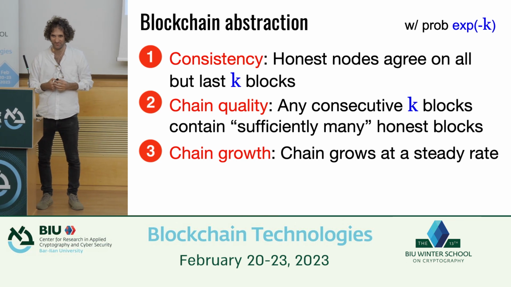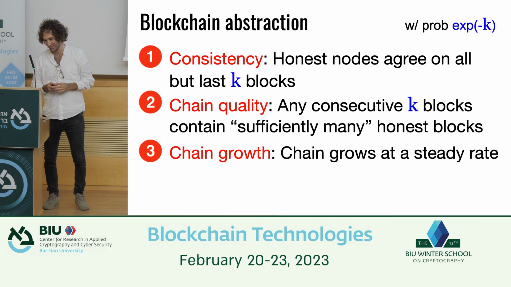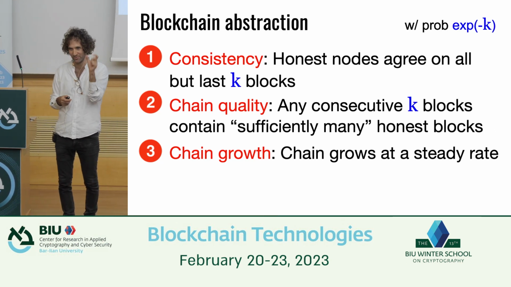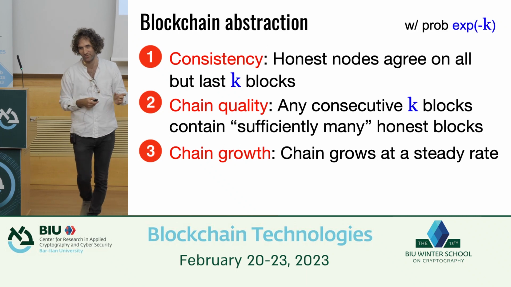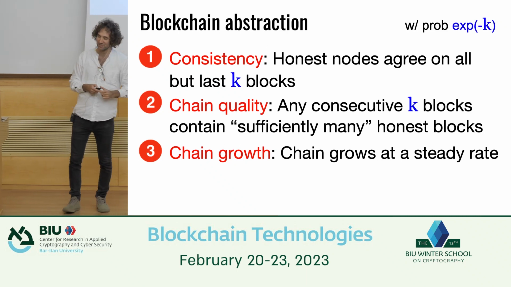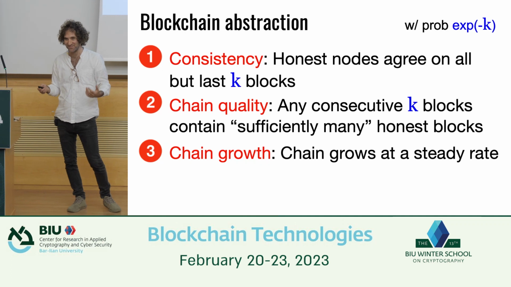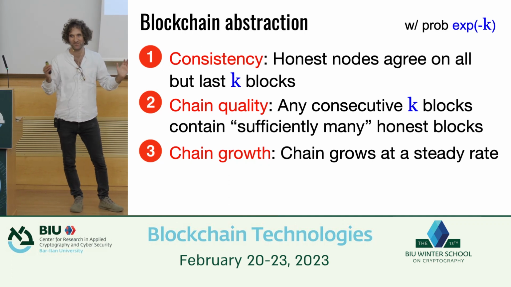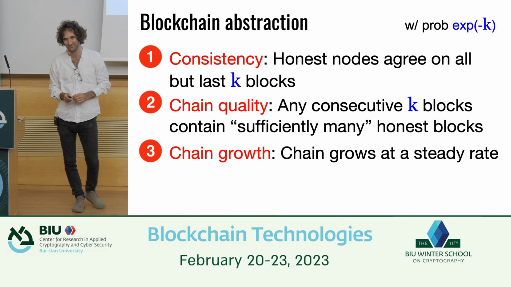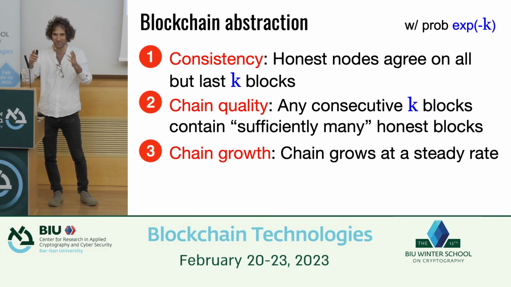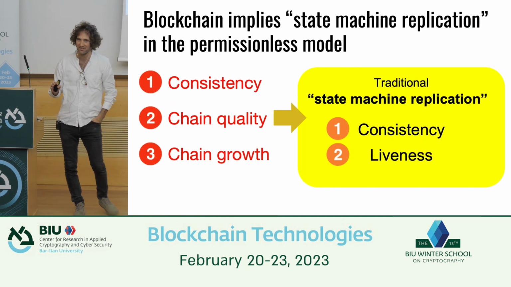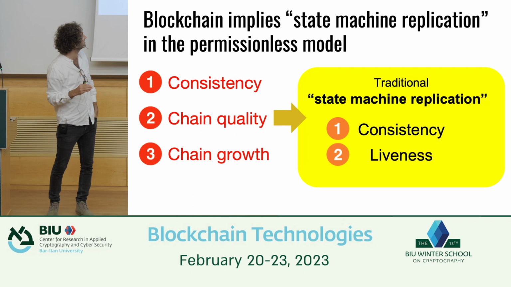And for chain quality, how do you define the bad guy? So I don't need to define the bad guy. I can just define what fraction of the blocks come from good guys. How do you define the good guy? So it's actually kind of subtle to define this, and I will refer you to the paper. So chain quality is not completely trivial to define, but it can be defined, and let me not go into it here. All right, before the break, I'll actually just make a simple exercise here.